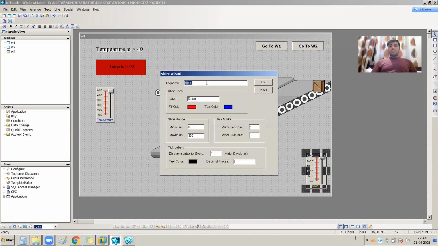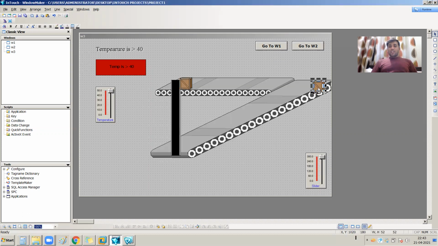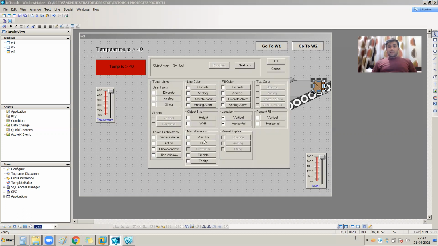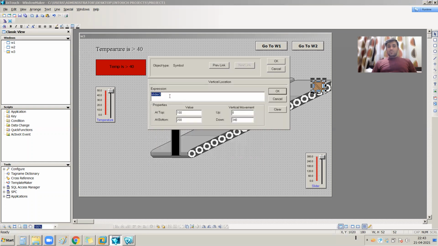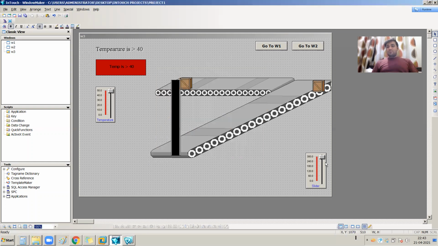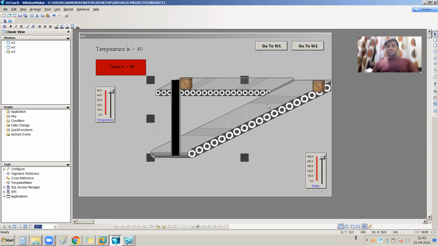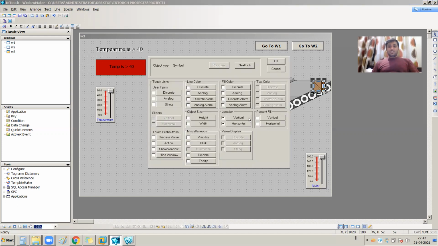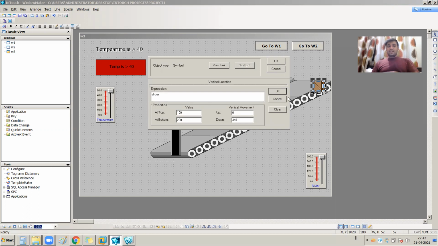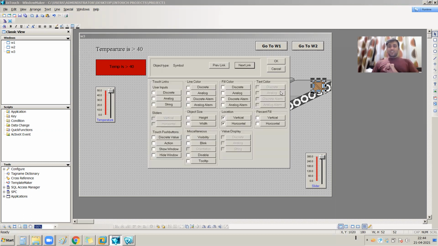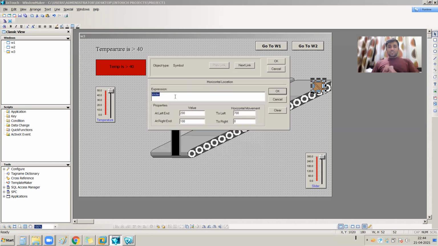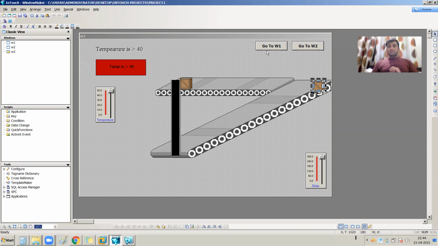Okay. See, oh, this is the problem. Yeah, this is the problem. I have taken the vertical and horizontal expression for slider 3, but I am using this slider, and this slider has only the slider tag. So I need to change the tag over here. It's just a slider tag, it's not a slider 3 tag. This is the mistake.